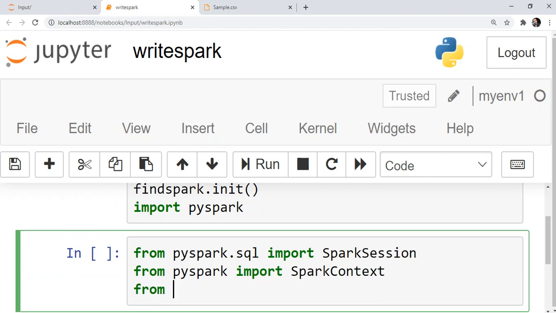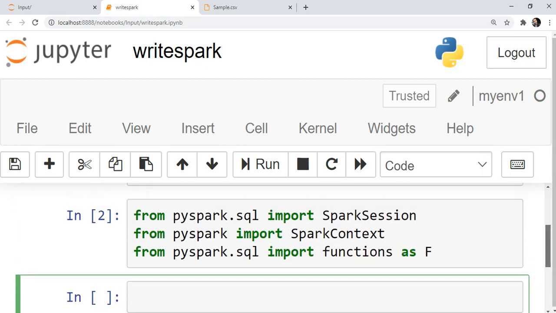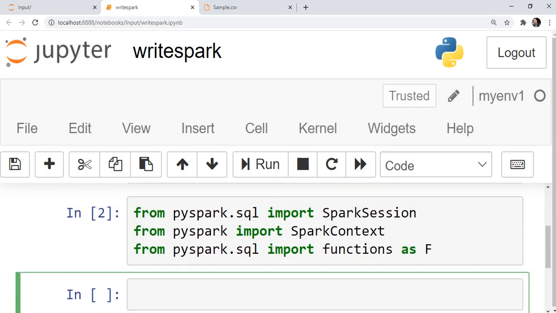Also, we will use from pyspark.sql import functions as f, so we give one alias to that. These three are the required imports. Let's see if we have them. Yeah, we have them on our system.